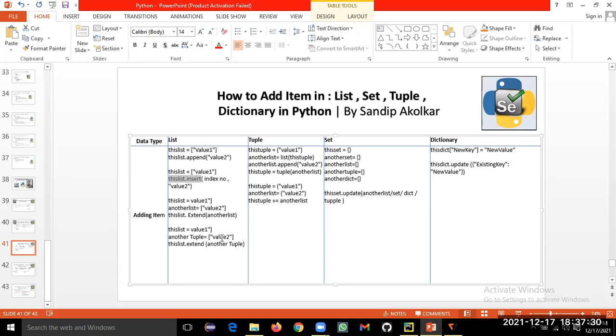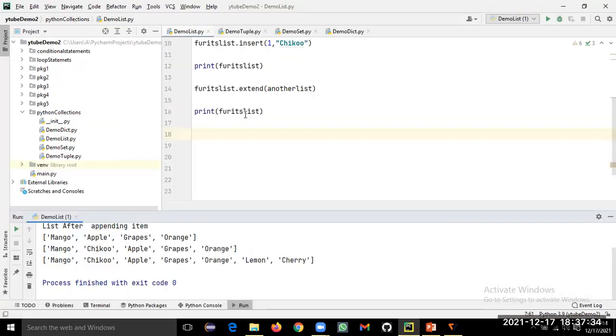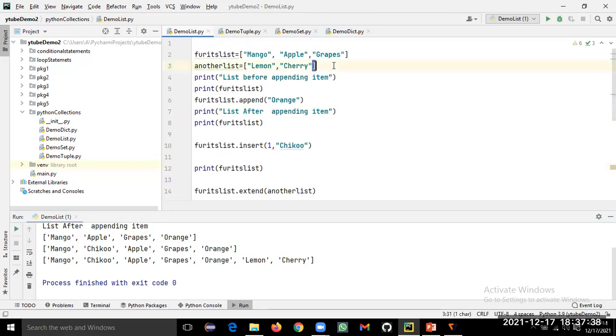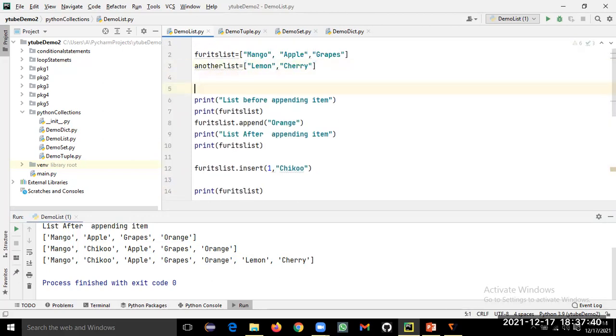Now we know the tuple also, so we can add the tuple into the list. Okay, so how do we add the tuple? Let's say I'll create here another tuple. We know the tuple. If you have not understood what is tuple, just listen to my previous videos. Okay, so what is tuple? We just save the values in the round bracket. So I'll add two more fields here. Let's say two more fruits here: